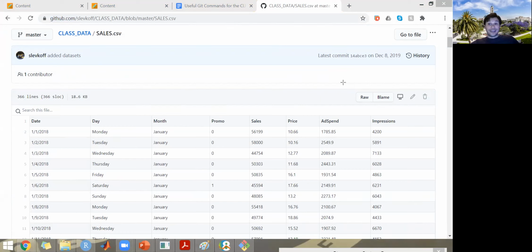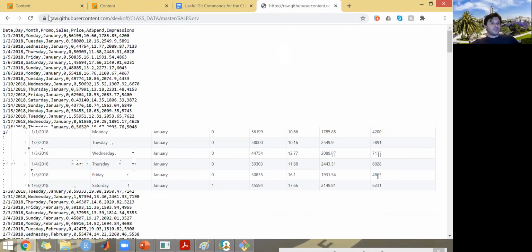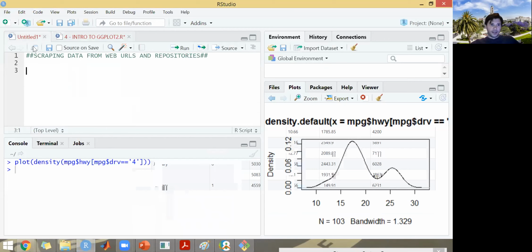Yeah, that's right. We had to click on the raw data tab. Okay. So when I clicked on that raw data tab, now it gives me the raw GitHub content. And I could copy that URL. I could go into RStudio and say, hey, if I want to scrape that data from the internet source,